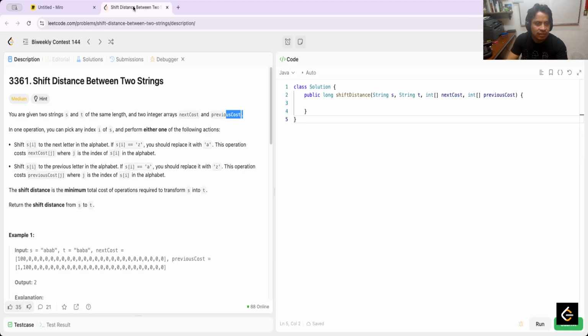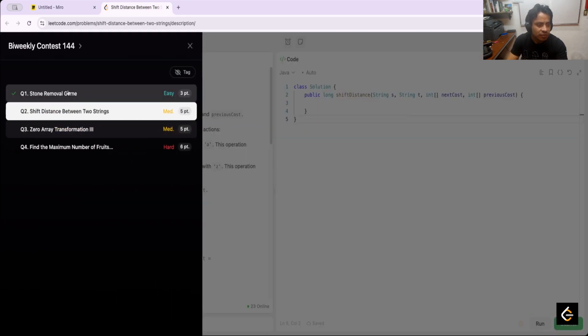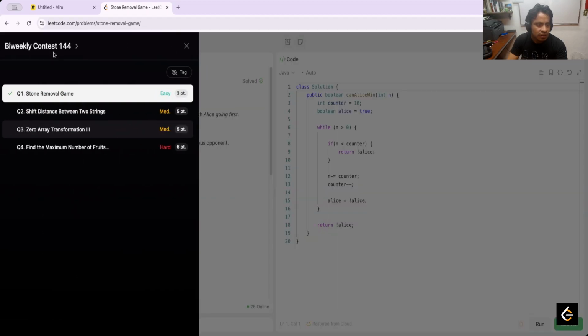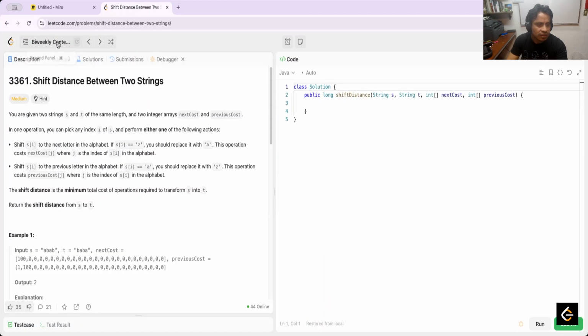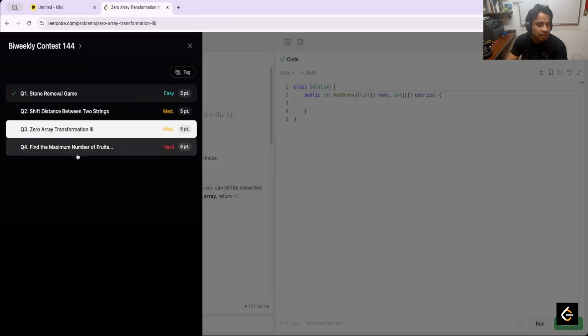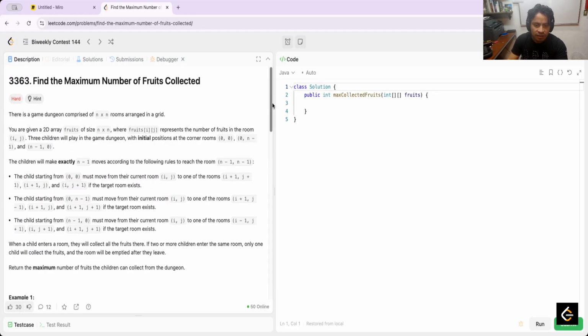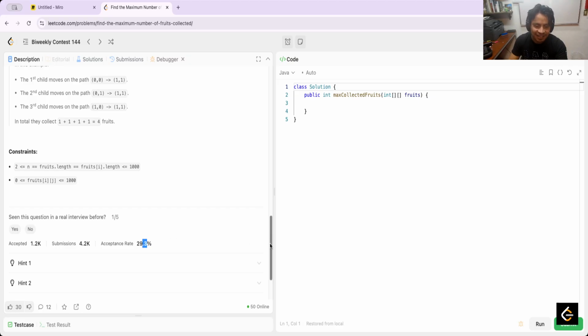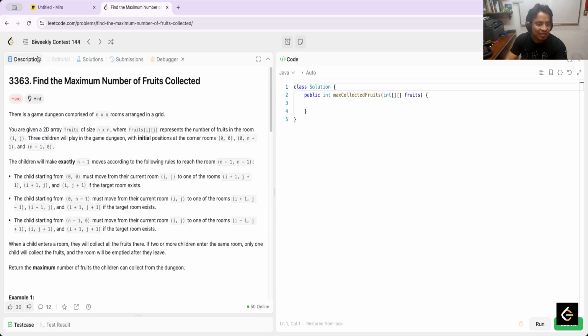Well, I think that yesterday we had this, and this is the other, zero array transformation. I don't know what is this, and the hard. Let me check the average. Oh my gosh. But well,